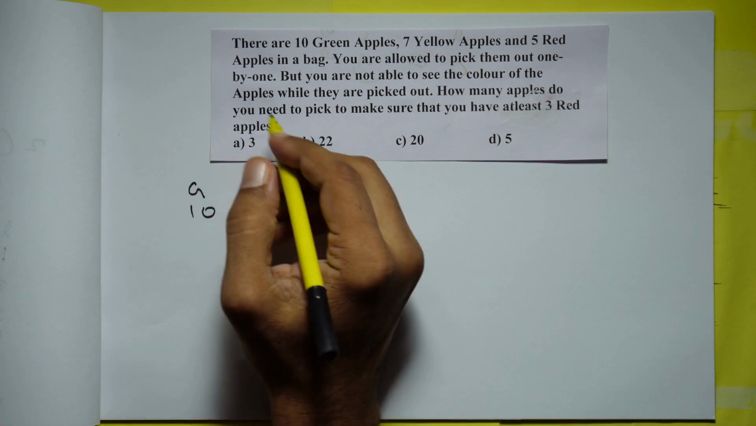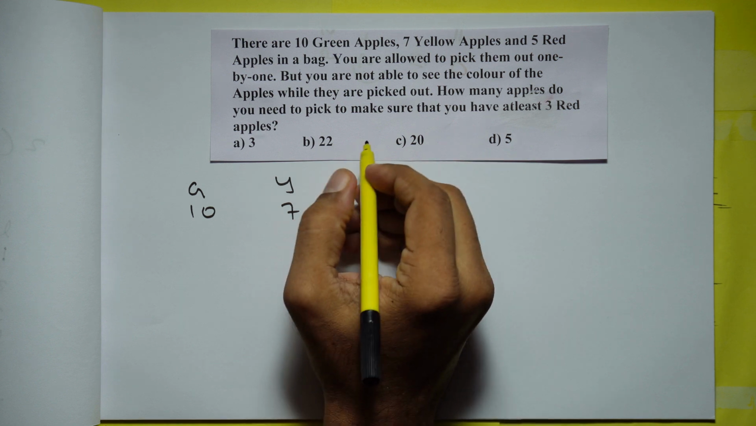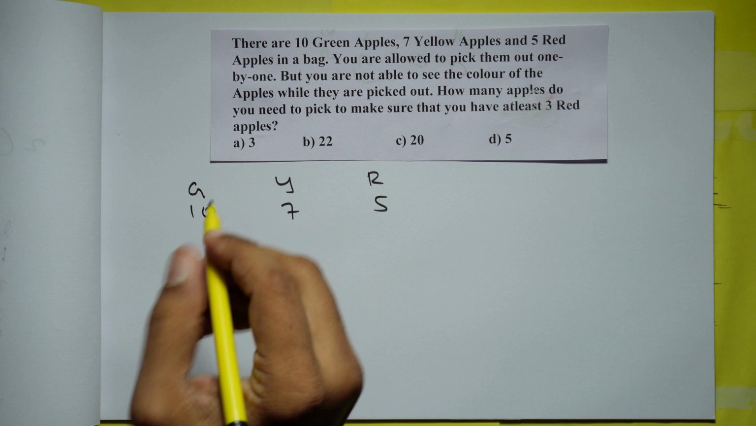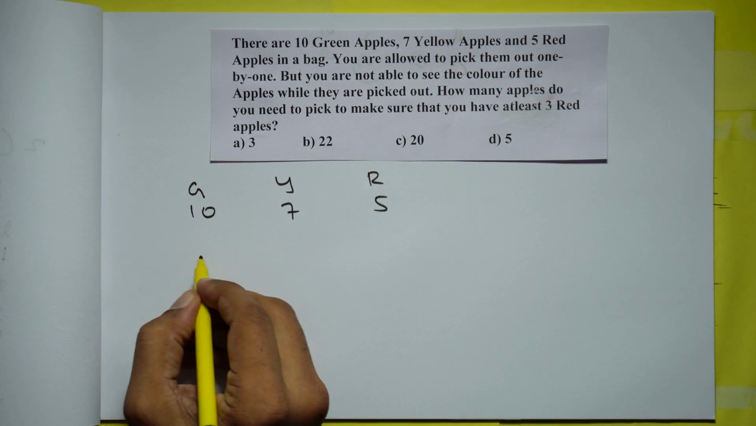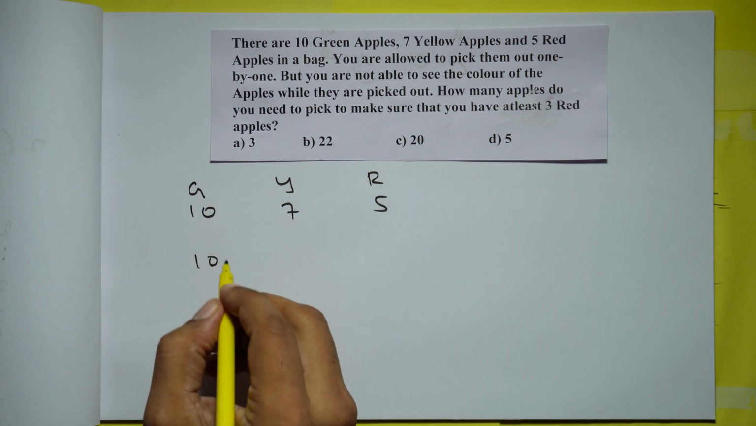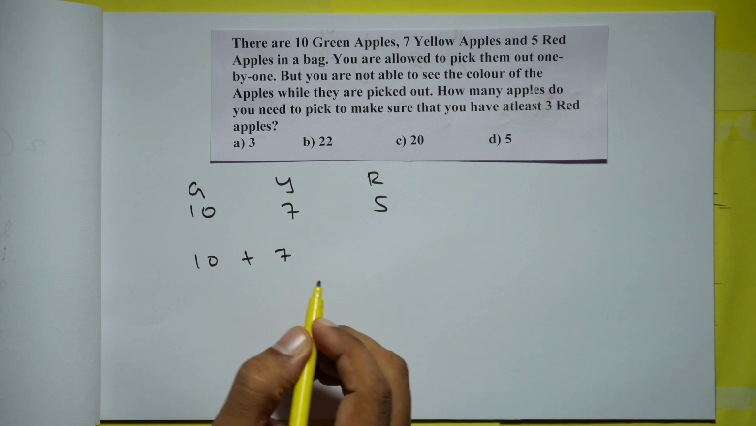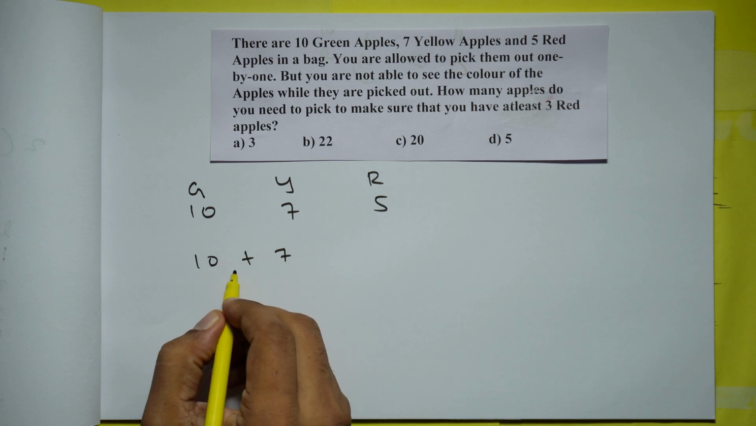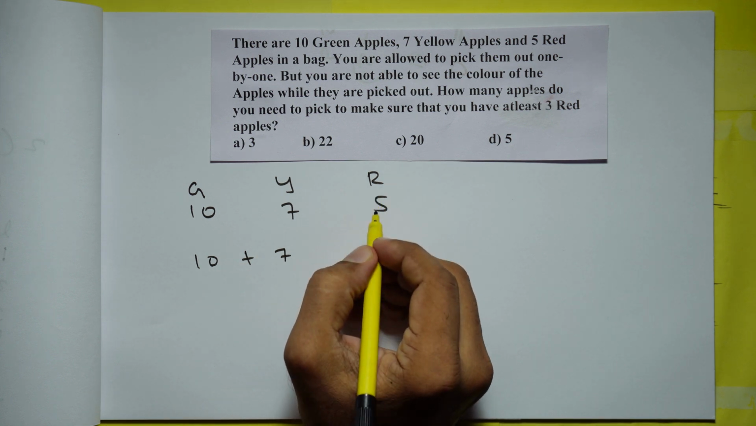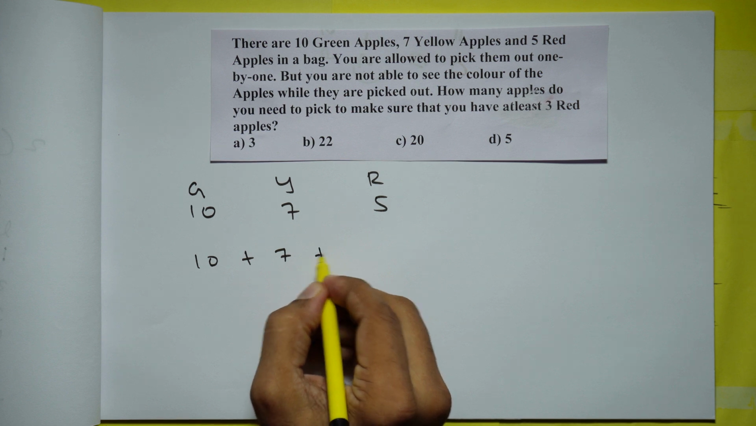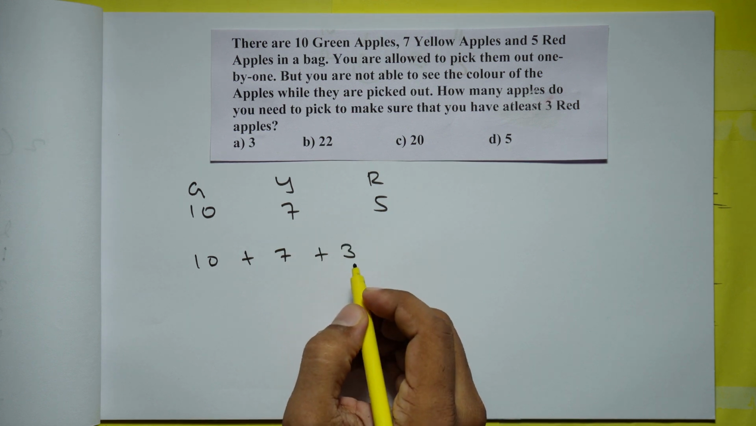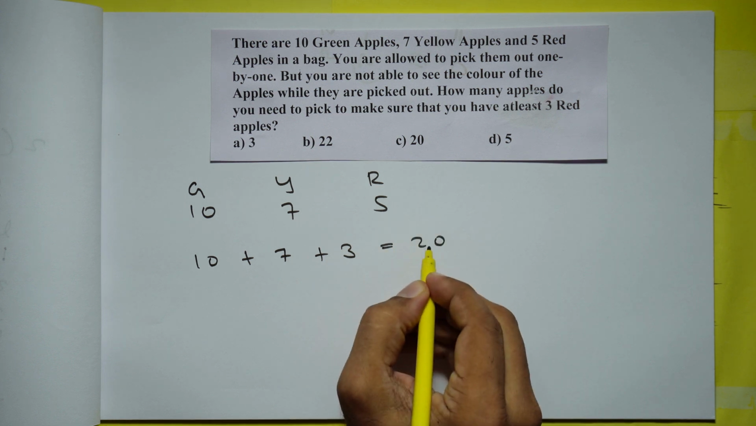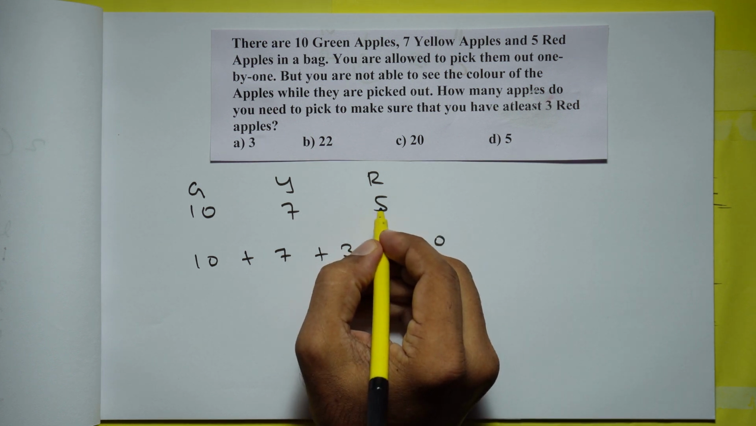Now to ensure that there are 3 red apples, we have to look at the worst case scenario. Now the worst case scenario is like this. The first 10 apples are, let us say, green. Now the next 7 are, let us say, yellow. So now you have picked 10 plus 7, 17 apples, and you haven't got any red apples. And the next 3 compulsorily will be red. So if you pick 10 plus 7 plus 3, 20 apples, you can ensure that there are at least 3